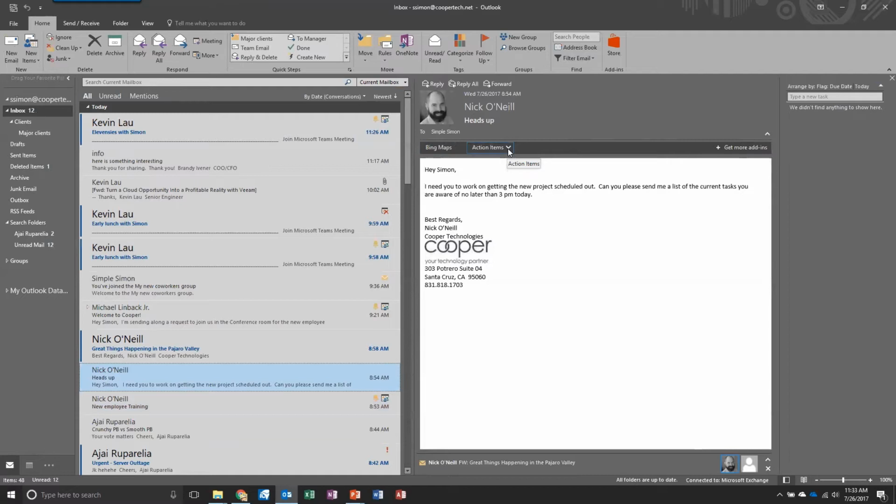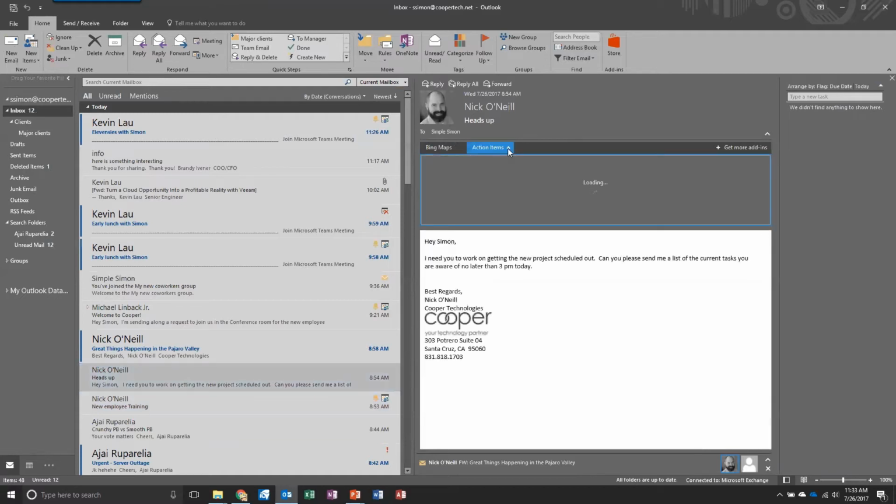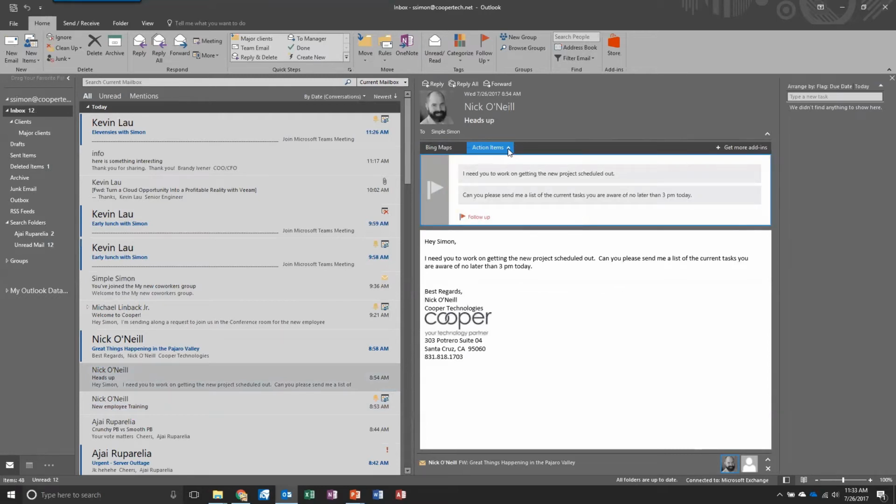What this means is that Outlook has looked through this and said, hey, there might be something in this particular email that is a task. You click on that and it will tell you, hey, I think I found something, and it'll say one of these things might be a task. So you can go ahead and say, yeah, this is a task, I need to follow up on this. And it will flag that email as having a task. And when you do that, in your task menu section of your Outlook, it will pop up with a to-do